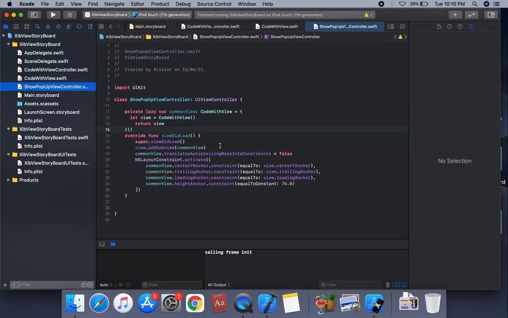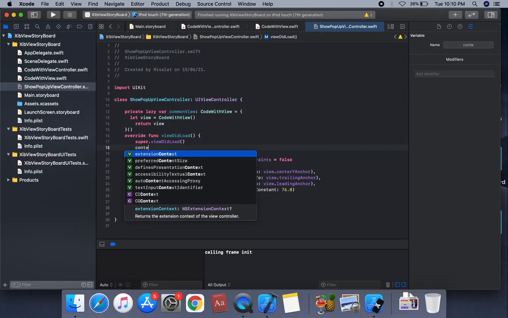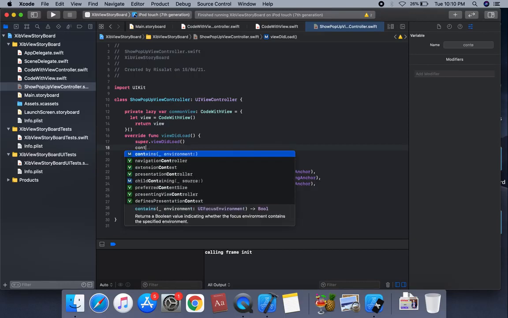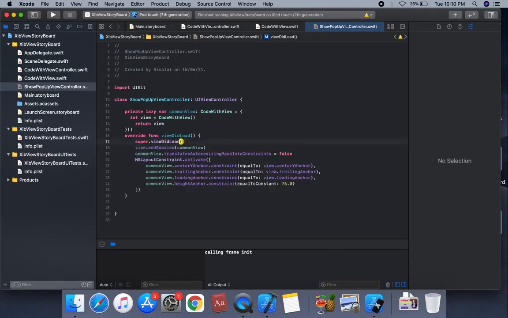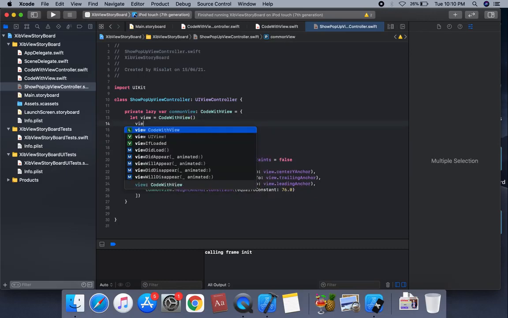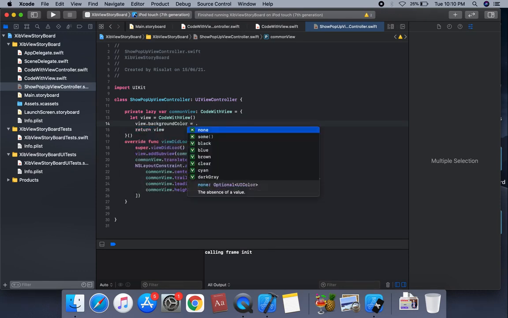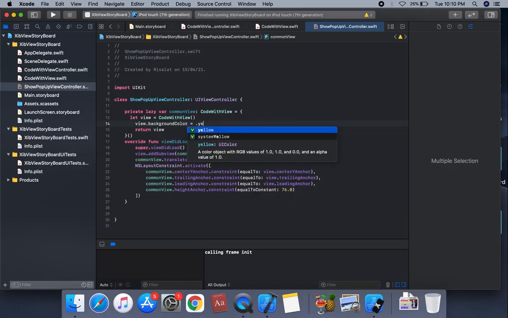We can change on this color. Content, sorry, we can use of view dot background color is equal to support dot yellow color.